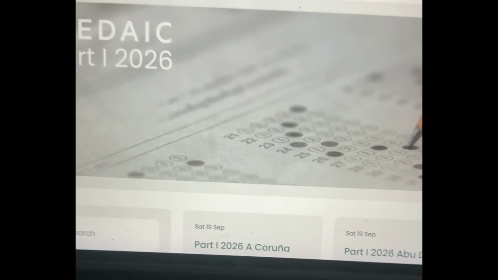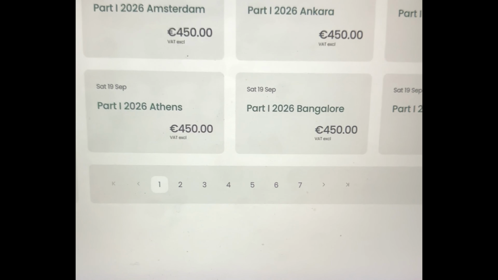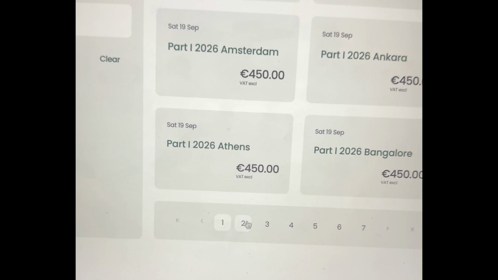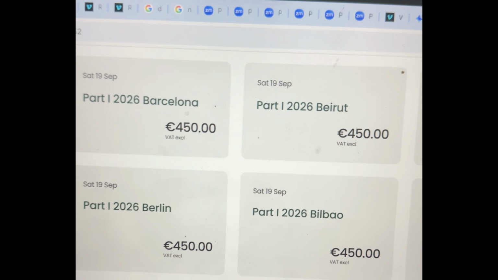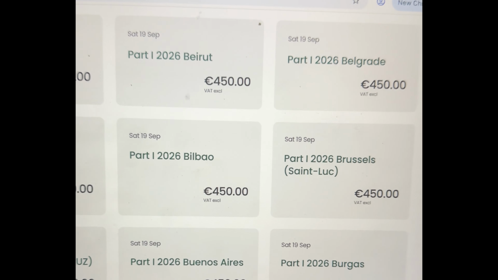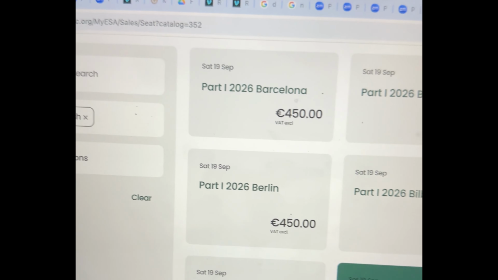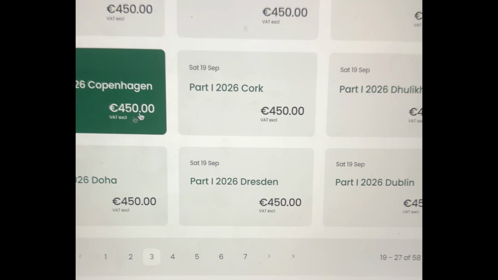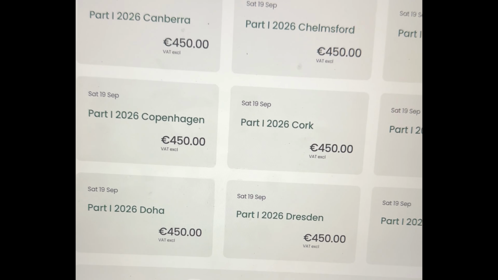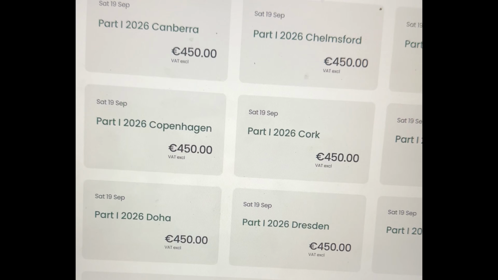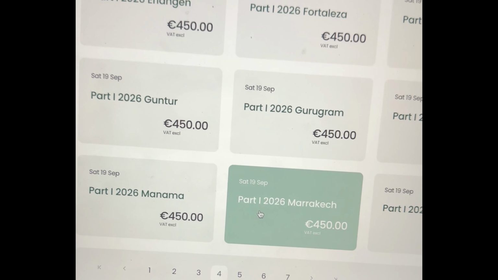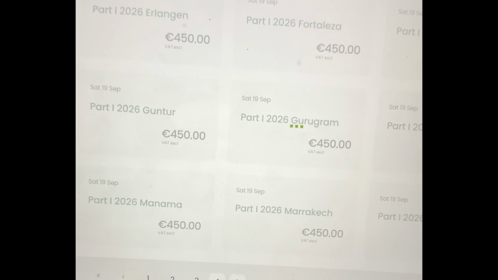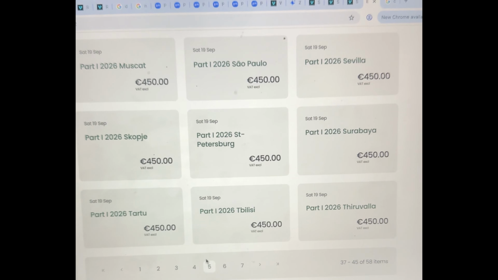So exam centers will be displayed like this on the day of the registration process. They show it like this with the registration fees. You have to select whichever you want, and make sure you keep a list of center references ready in advance. If your first reference center is fully booked, then you can select another center without thinking at that moment,